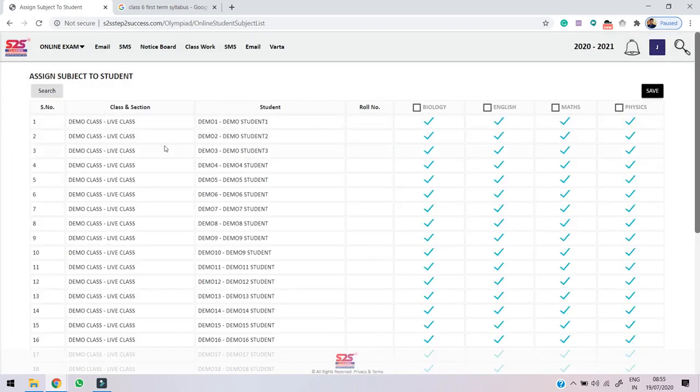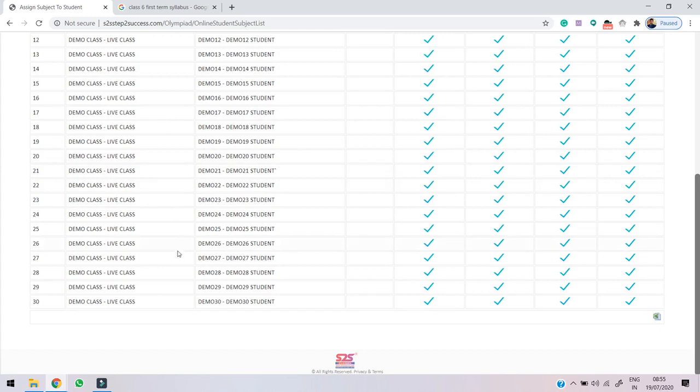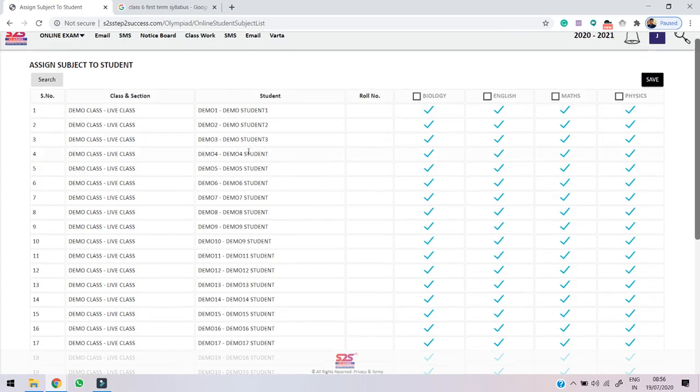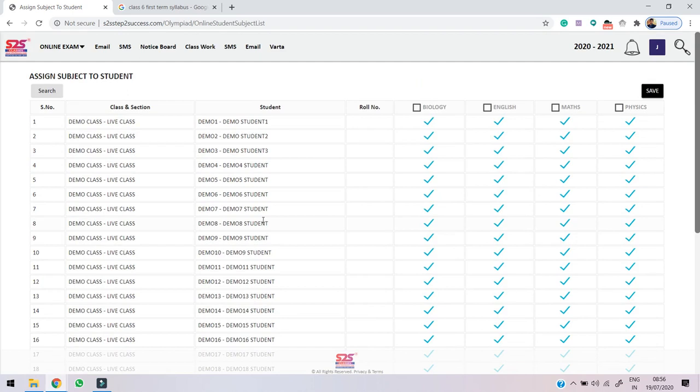Yes, so you can see you will have a list of all the students in that class, as well as all the subjects for which a test has been created. These are the tests that have been created earlier. Right now I have created a math test, so I'm selecting it. Now what you can do here, if there is any student in your class you don't want to give the test, you can just unmark them here.